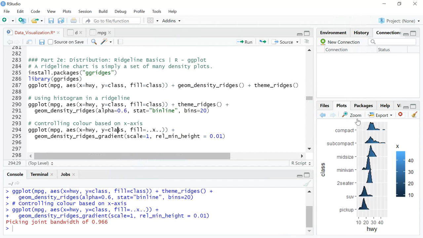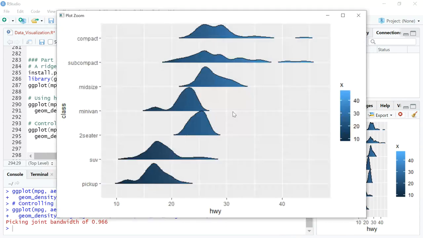And just before winding up, I wanted to show you another visual. Here, instead of having different colors for each of the classes, we're trying to have different shades of blue. Right now it's not very clearly visible, but if you look at the legend, as highway miles per gallon increases, the blue becomes lighter and more transparent.